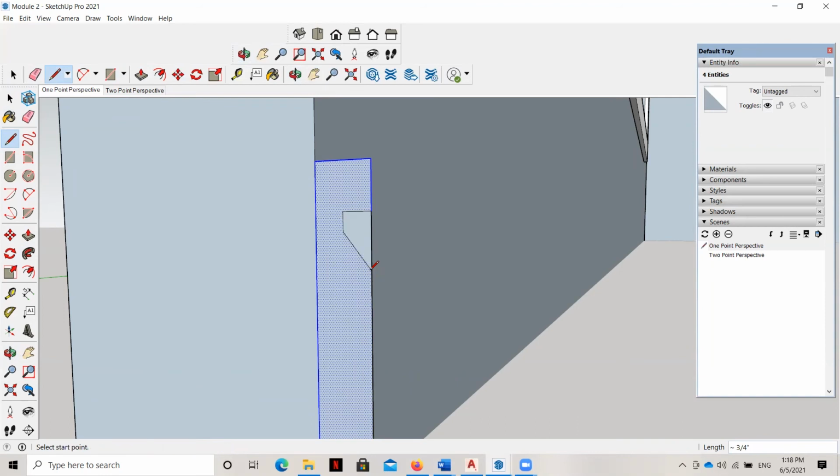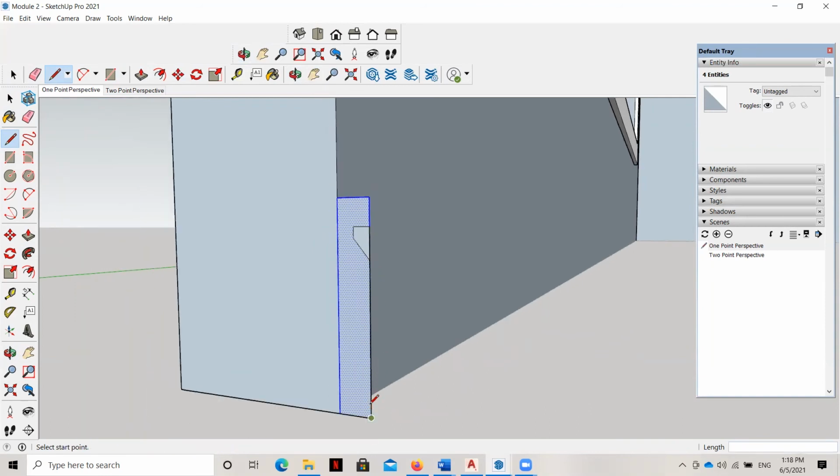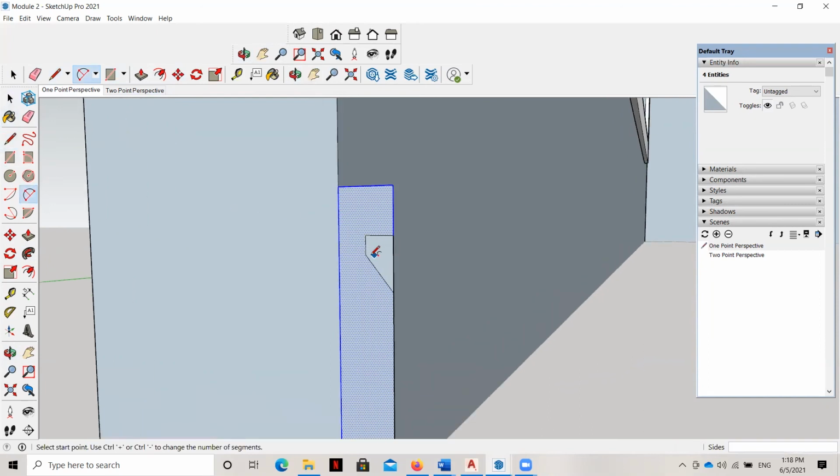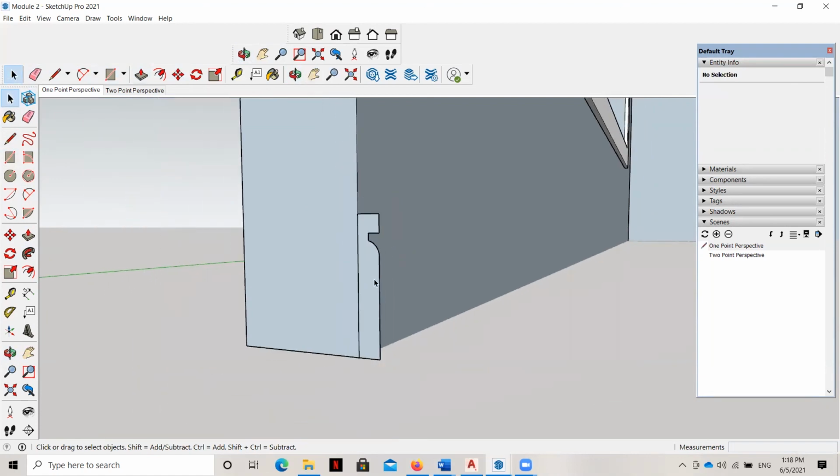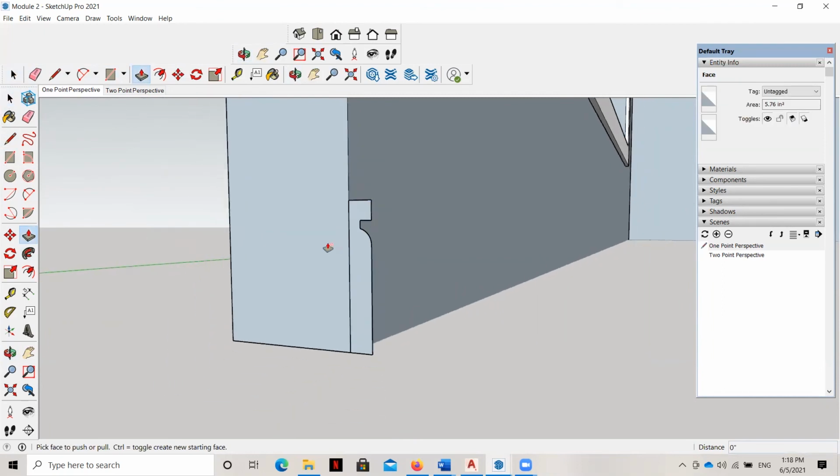I'm going to put an arc right there where that line is. And then I'm going to delete the extra line so that that becomes a face. Okay, so this face is ready. Let me see if I can push and pull it. Yep, okay, it's ready to go.